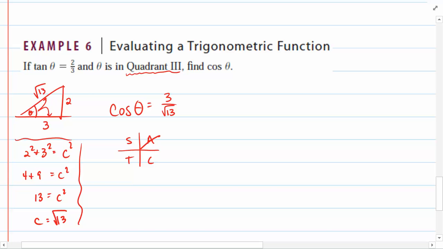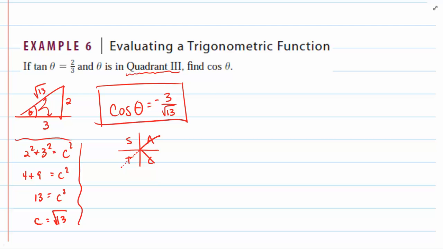Cosine's only positive in the first quadrant and the fourth quadrant. So if I have an angle measure drawn in the third quadrant, then cosine must be negative. And I'll say that cosine of theta is equal to the opposite of 3 divided by the square root of